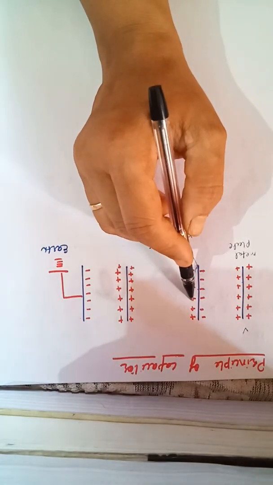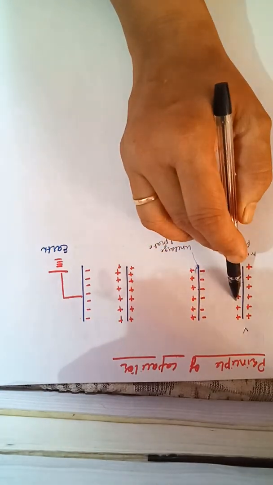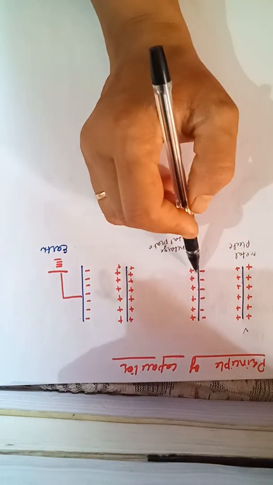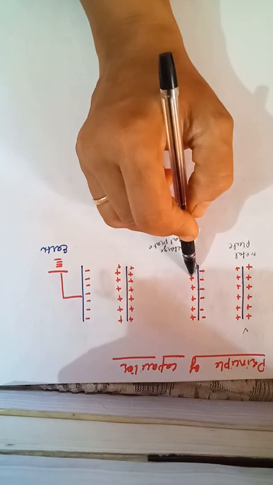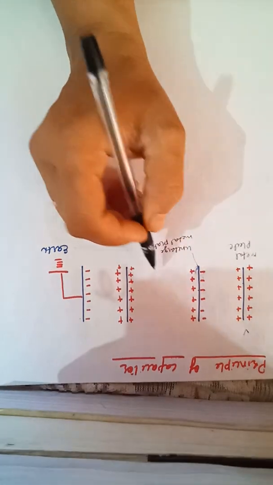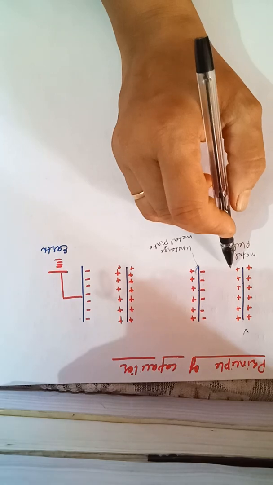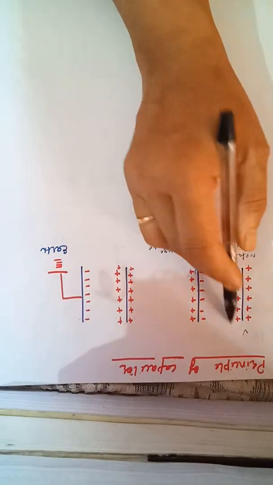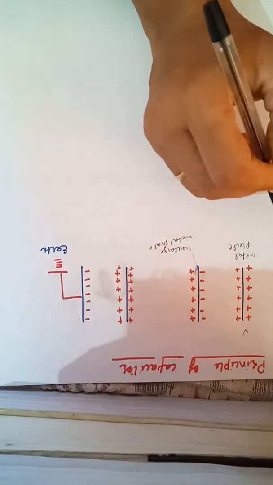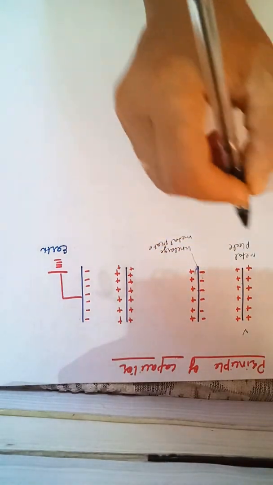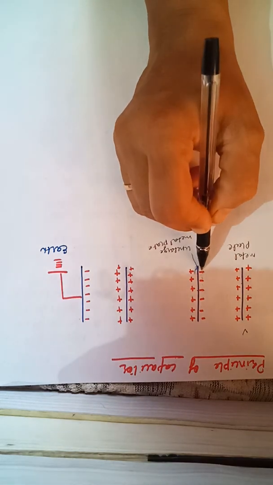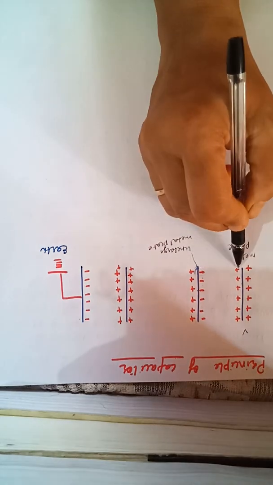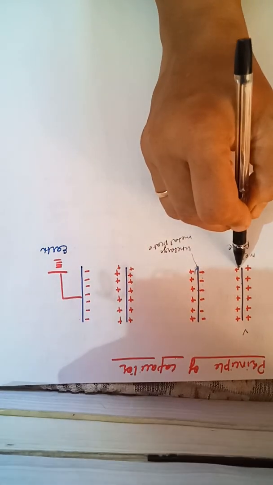There are two surfaces: the one which is close to this charge acquires negative charge, but the outer surface acquires just the opposite charge, that is the positive charge, in the same amount. Now we have to check in which condition the ability to store charge by this metal plate will be more. Now see what will happen. This is the negative charge and this is the positive charge. The negative charge is nearer to the positively charged plate.